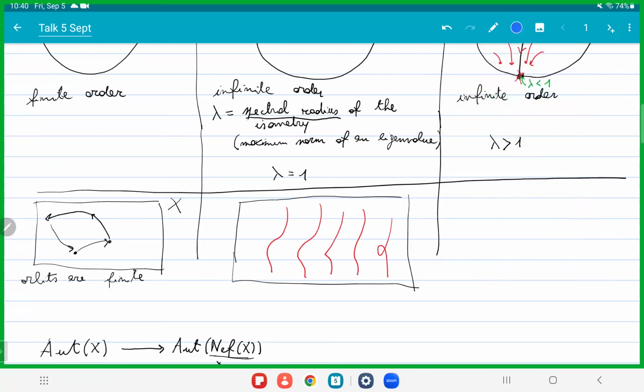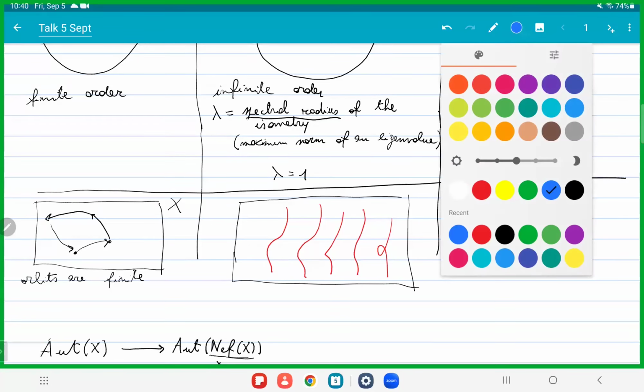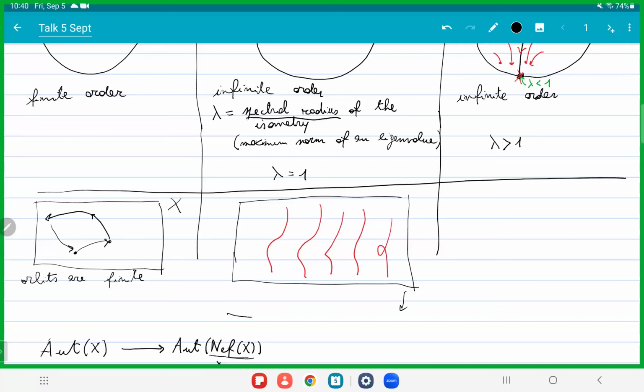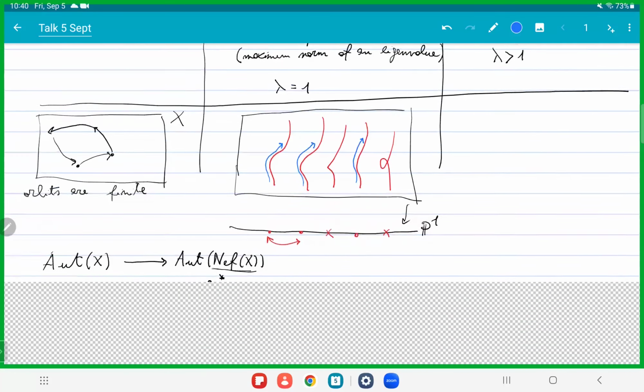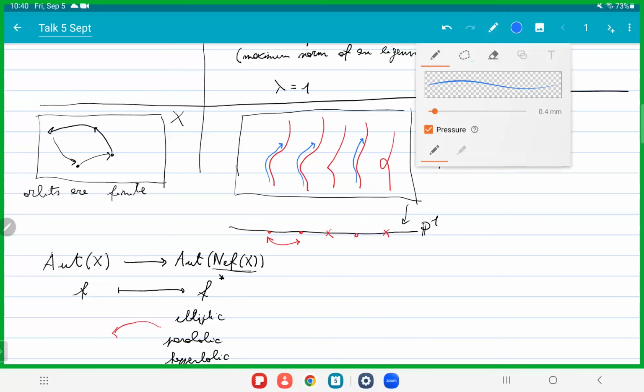And the flow lines of the automorphism are, well, to be absolutely precise, they can have a finite action on the base. So we have this point here. So there could be a finite action of the automorphism on the base. That's not too important. But up to removing this finite order action on the base, the flow lines are just, they follow the elliptic lines, the elliptic curves. So this means that, maybe let me move this.